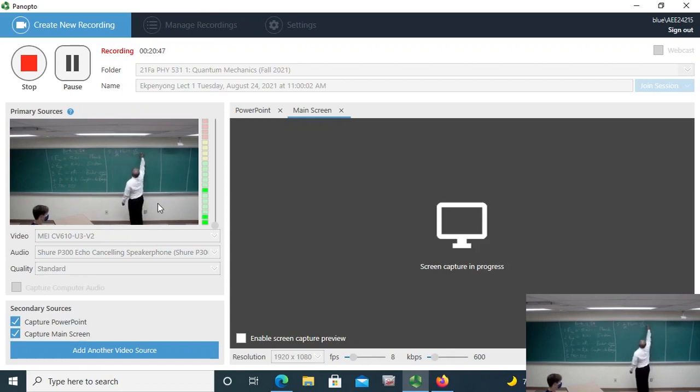So we wrote that down as d²/dx² of psi of x plus V of x times psi. That's the time-dependent Schrödinger equation.